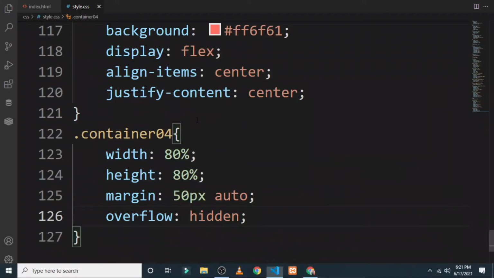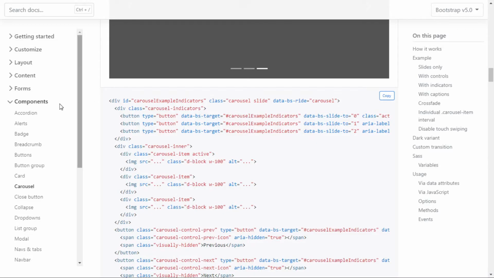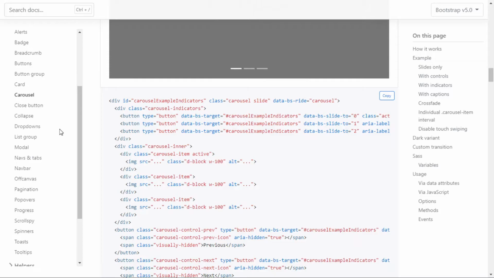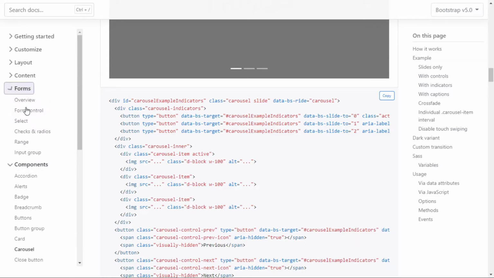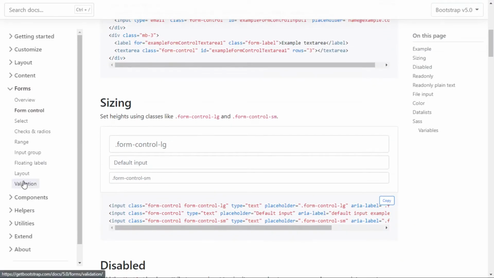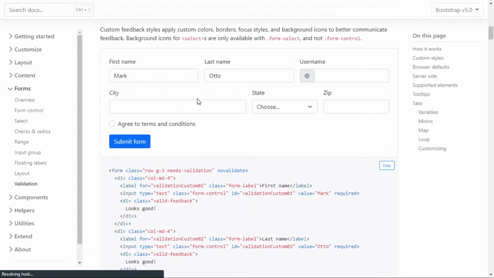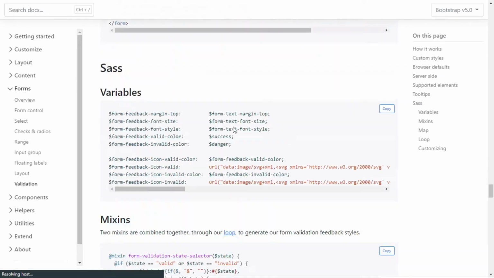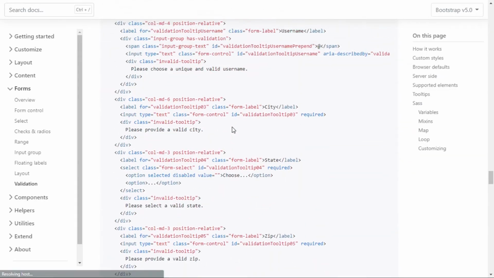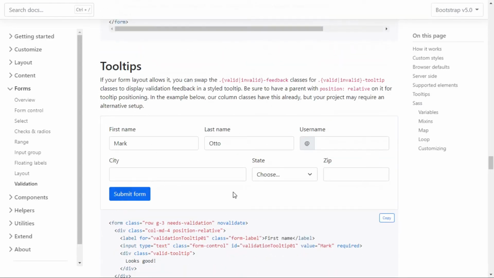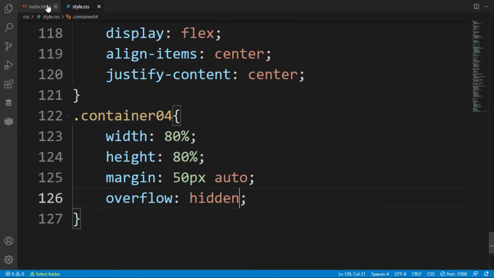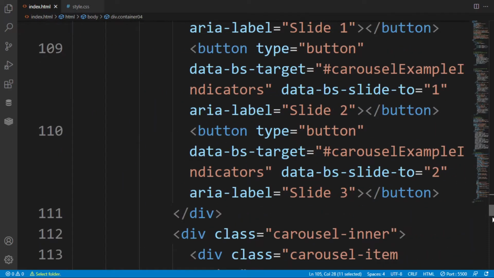So here in this container 4, after that I want to put the login form, so we are going to again use Bootstrap for creating the responsive login form. These are the examples of the login forms that you have seen. We can create this also, this also, this also, but in this video we are going to create this one. So we are going to copy this thing and just paste it below the container 4.